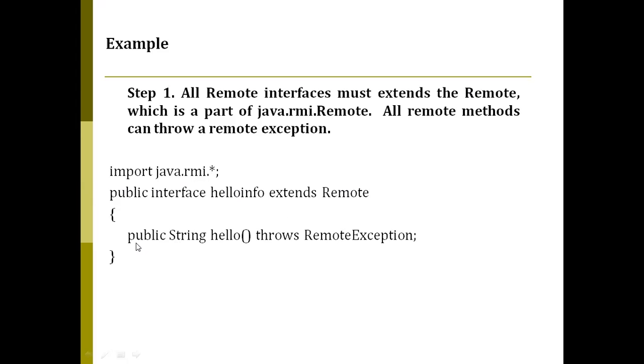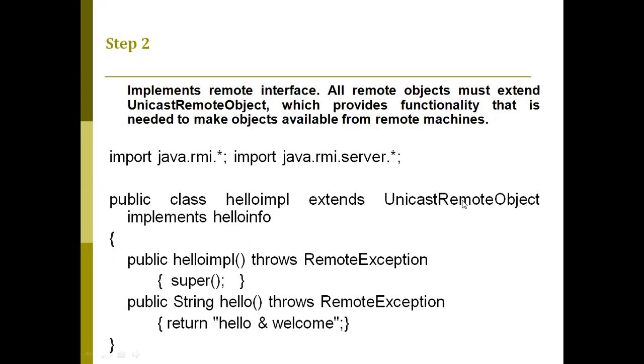In this interface we are just going to declare a method. So public String hello() throws RemoteException. As we all know, if we are going to declare the interface, we can't define the method, we have to just declare the method. So here the method in this interface is hello. In the second step,